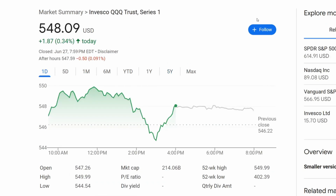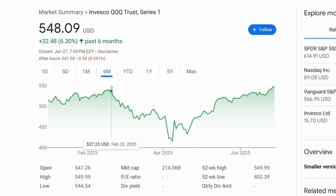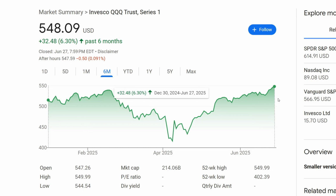If I do show you the QQQ as well, you'll see that if we look at the 1 month, we are in the green by 5.62%. I'll go ahead and do the 6 month here. Again, if you had bought all the way back in April, you got a great discount of almost 22.55%, so about 23% if you're buying all the way to the very bottom in April. So if you were just holding everything and slowly bought, you'd be up about